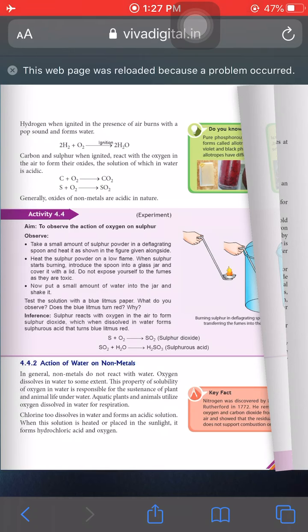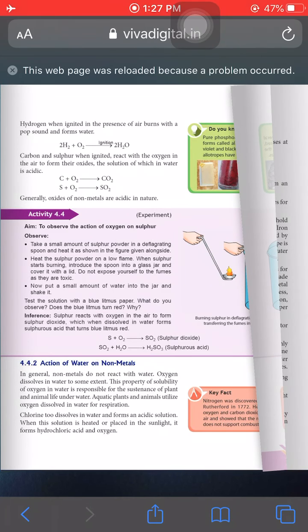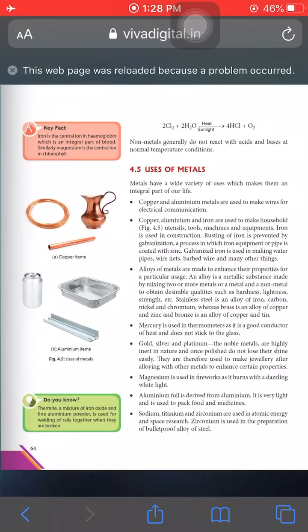When we dissolve chlorine in water, it forms an acidic solution and kills all the germs present inside the water. So now the uses of metals we discuss in